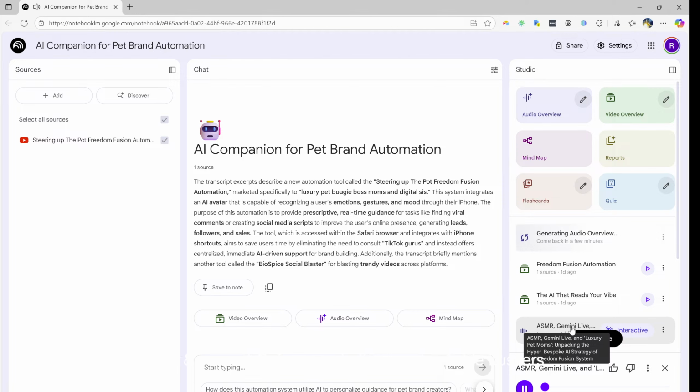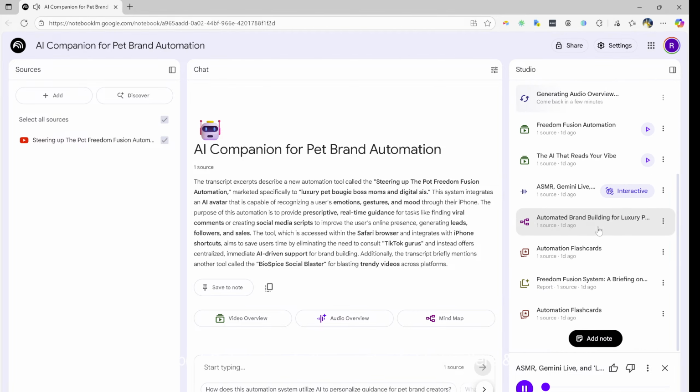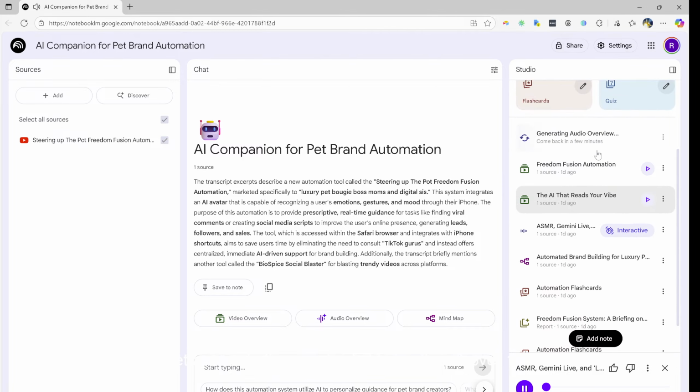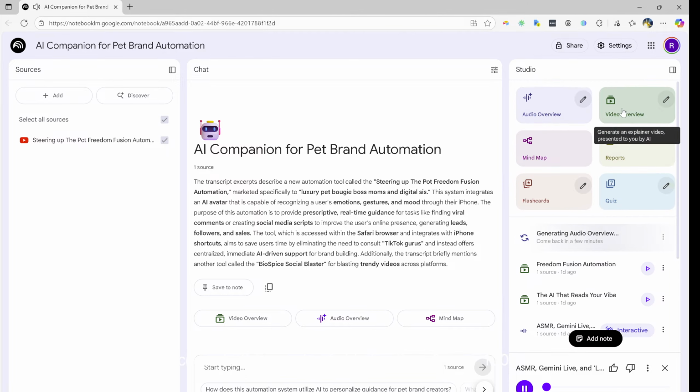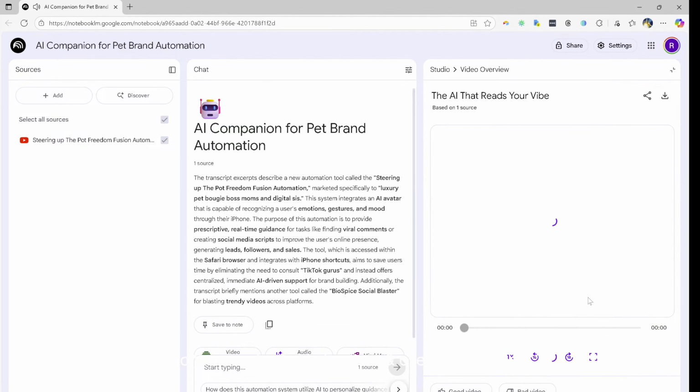Okay, so let's unpack this. You sent over some really remarkable source materials today. Good night. Yep. It's detailing what might be the most hyper-focused piece of business automation we've ever looked at. Right. The Stirring Up the